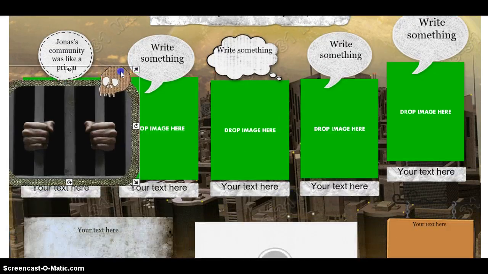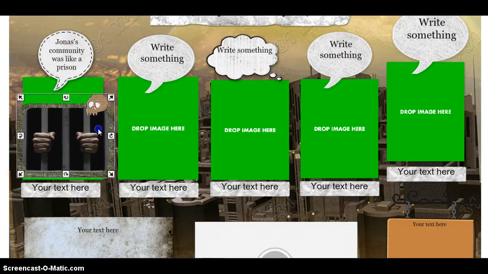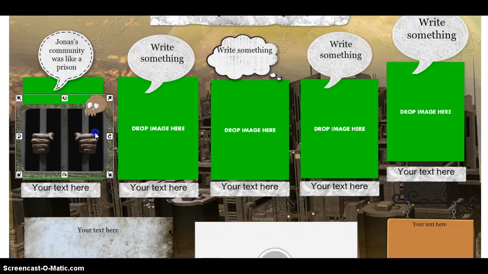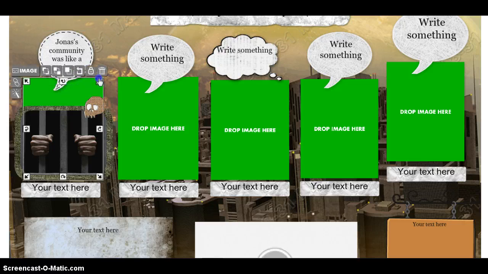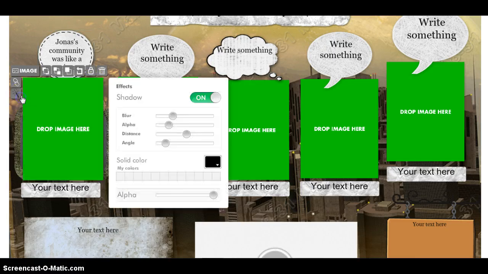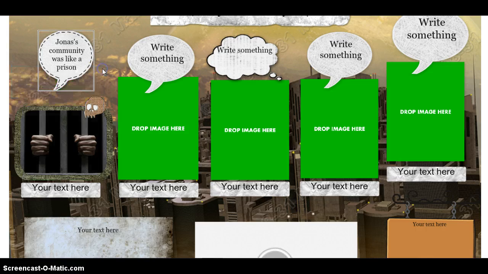Then I can put it right here where the first green box is. And these green boxes are really just placeholders. I can get rid of them once I put my image there very easily by just clicking on the green box and clicking the trash can. So here I have my first image,